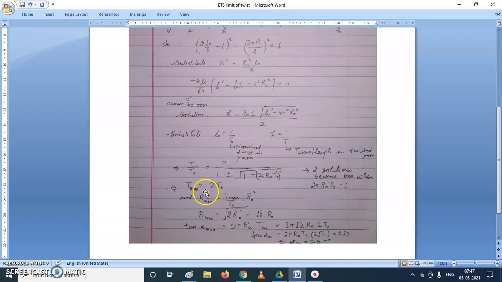And if we take the relation already derived from equating the volume of the two yarns, untwisted and twisted, we'll try to find the R max also in terms of T max, T0 and R0, which will give you root 2 R0. Now tan alpha is 2 pi R upon H, which is 2 pi R T. So alpha max, if we have to find out, we'll take R max and T max values, which is root 2 R0 and 2 T0, and substitute it here. Now 2 pi R0 T0 is 1, and we get 2 root 2 for tan alpha. If we try to find out alpha, it will give you 70.5 degree.